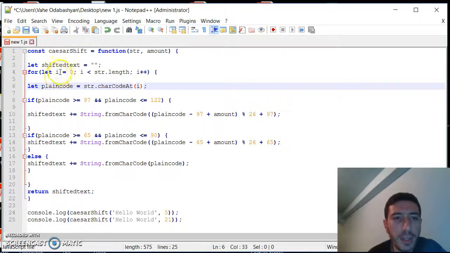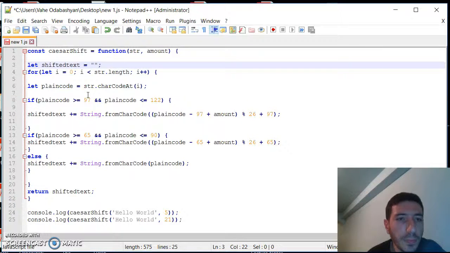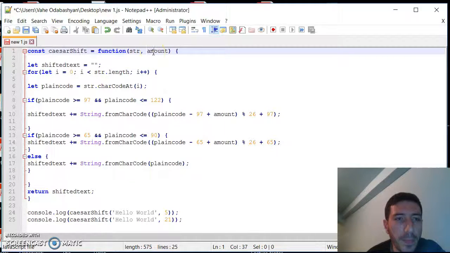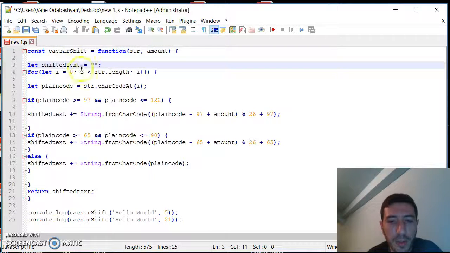Here is our function. It takes a string and a number and returns an encrypted string. Firstly, we say that a variable shifted text equals an empty string. Here we have